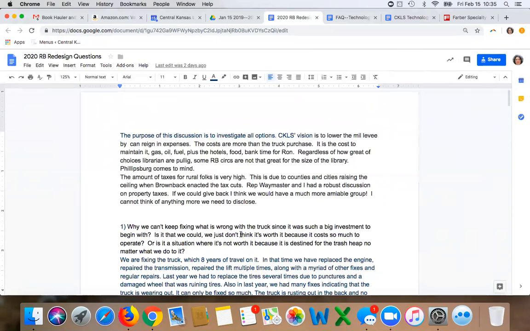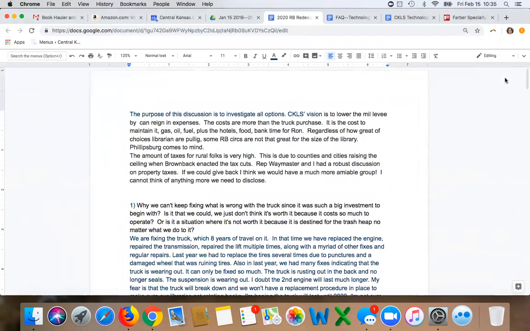So the purpose of today's discussion, last week's email discussion, and January's Tuesdays with CKLS discussion was to not only discuss the state of rotating books right now, but to also explore other options for different models to continue the rotating book service, but maybe not in the same way that we've seen it. Okay, so what we've really tried this last year, and Gail has been spearheading this, is to be very conscientious